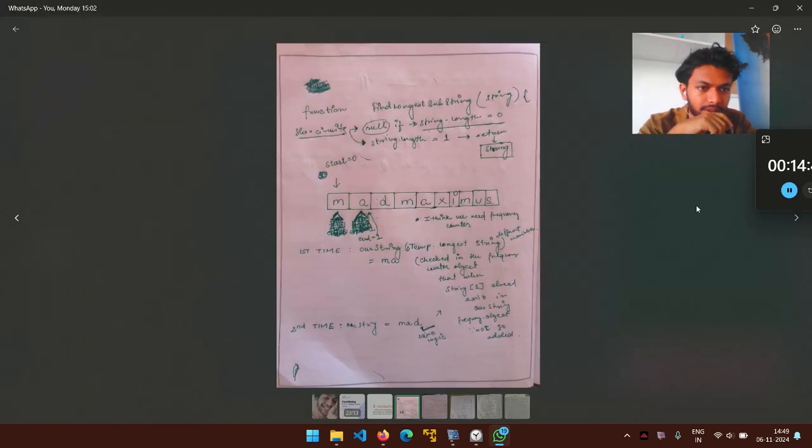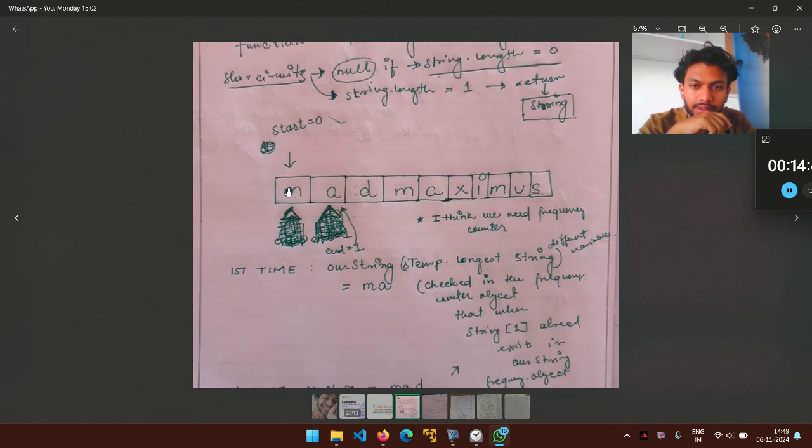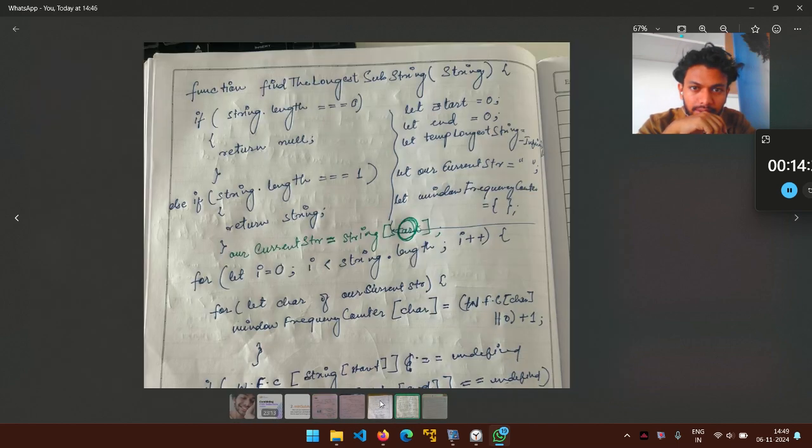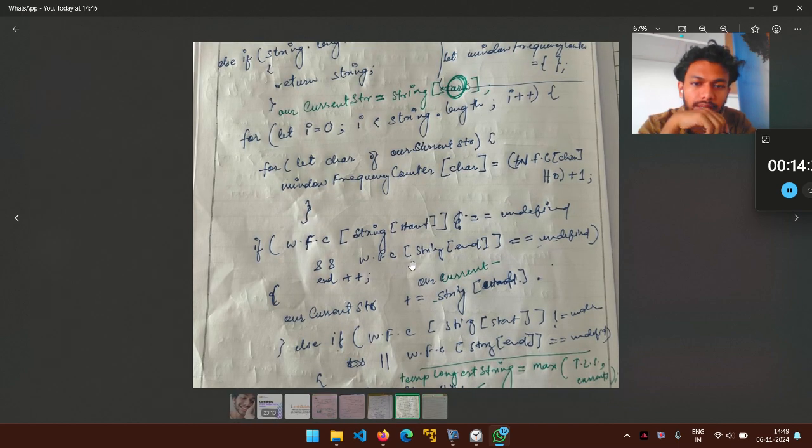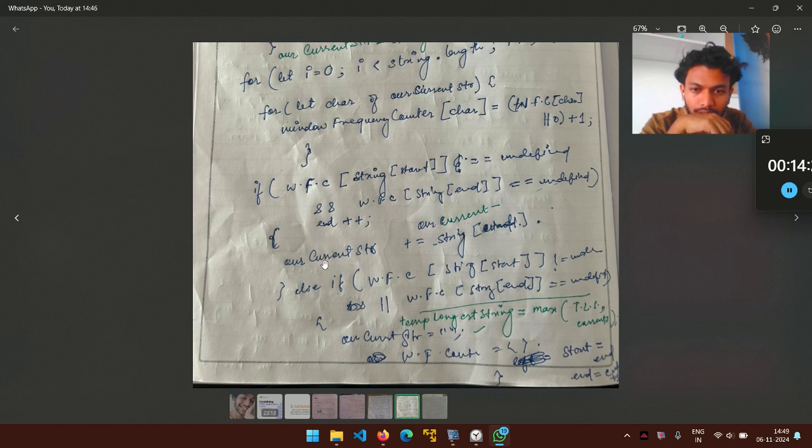End with 1 means here. If you look, start and end, start and end, end with 1. That is the next one. If the end is literally updated to this one, we're basically increasing the size of the window. Right? Okay. And end with 1, when that element is not present in the object, then. And also what we are doing right now,